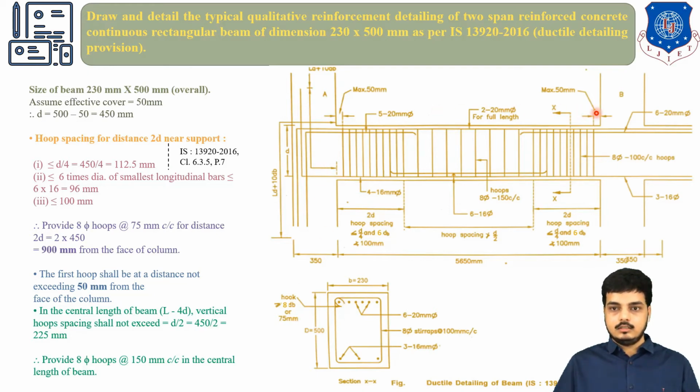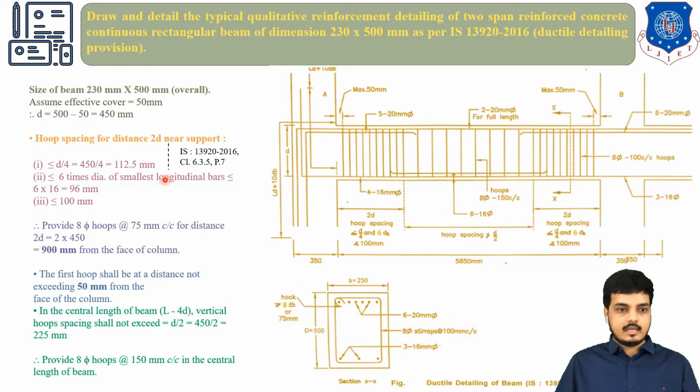So look in the figure, this XX section has been taken out over here. So this is a typical sketch you need to draw, and you have to satisfy certain criteria, like, look, this as DB. You have to also show this stirrups hook. So we have learned that a 135-degree hook we need to provide, and the criteria for the hook is nothing but 8 times DB or 75 mm. So just the criteria has been written, not calculated the values. So we just need to write down this criteria. Minimum 8 dia stirrups has to be provided. So minimum 8 dia has been taken.